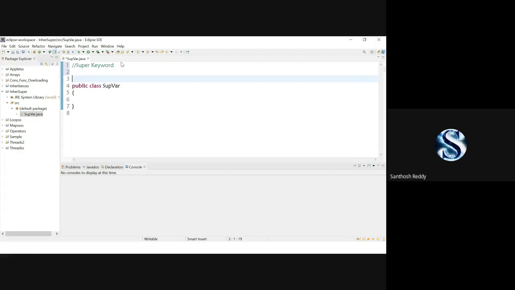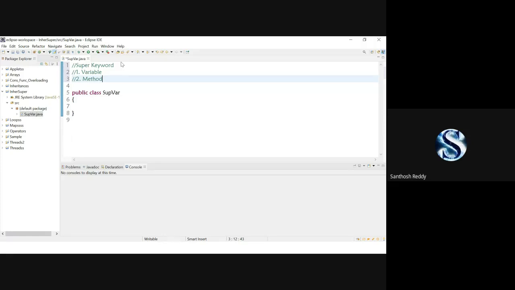Now, my question is, for what statements can we apply the super keyword? One, I can apply it for a variable. Two, I can apply it for a method. You can call a variable with the super keyword and you can call a method with the super keyword.